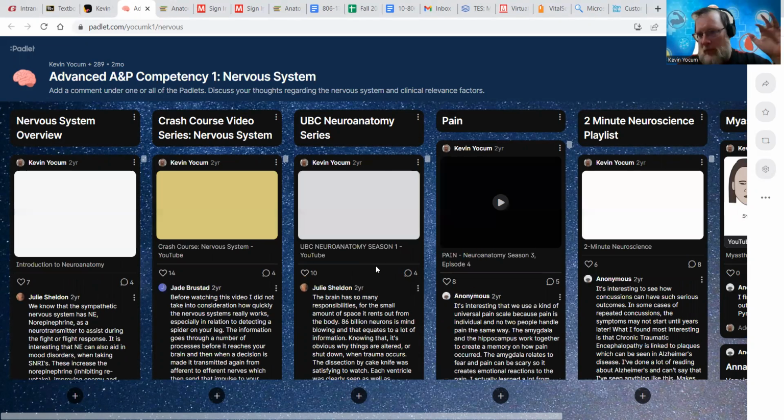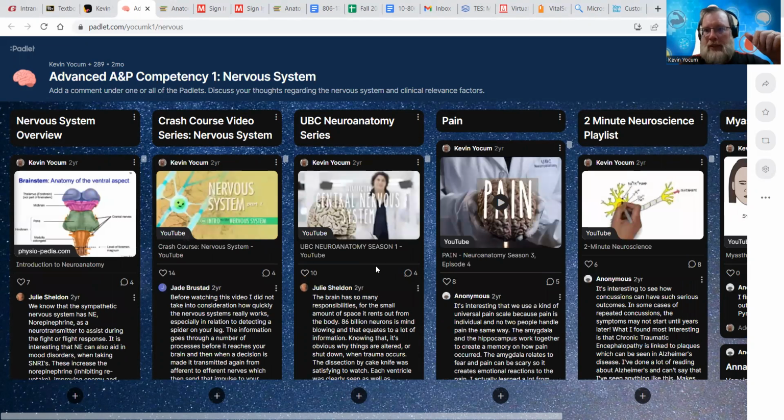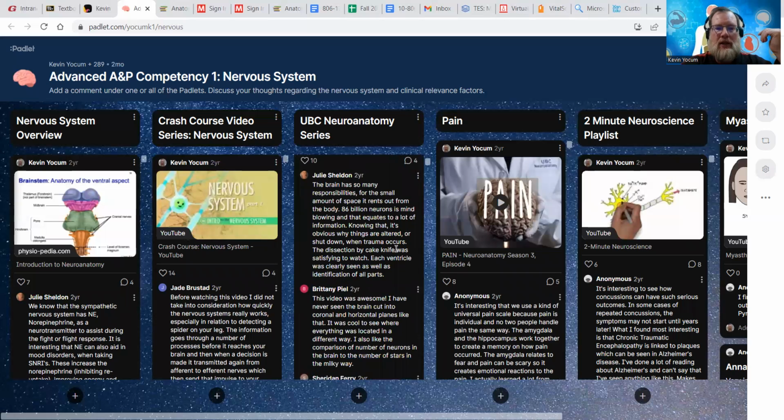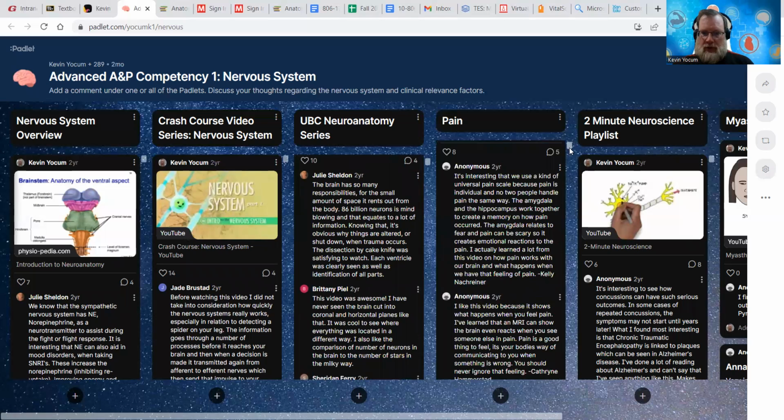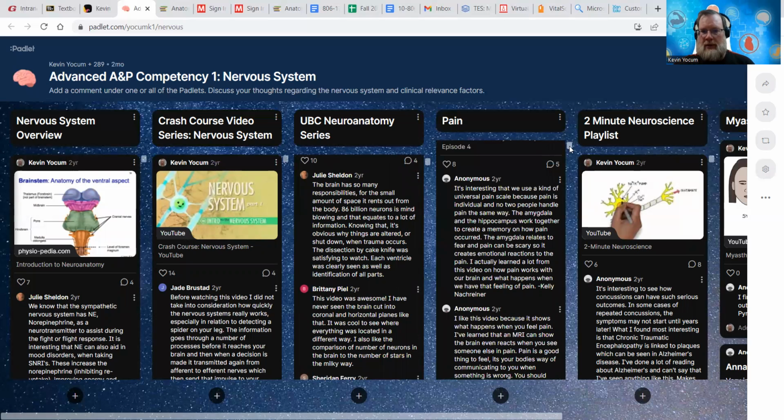You don't have to open an account. You can post anonymously, but put your name in your post, whether in the subject line or at the very end. And again, you can see, Julie Sheldon, she had an account, so that's why her name appears in that line. Now, here's anonymous over here, another example. You can see anonymous. So she didn't open an account, but she put her name at the end, Kelly Nackreiner. So there you go. One or the other, either way, make sure you know who you are.